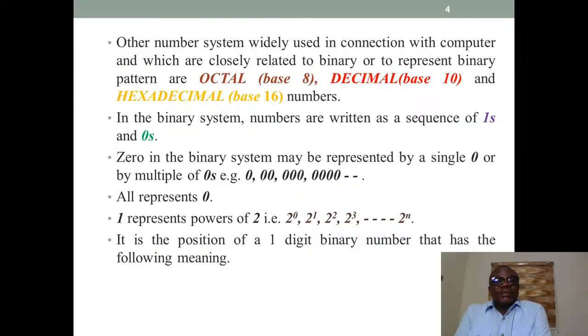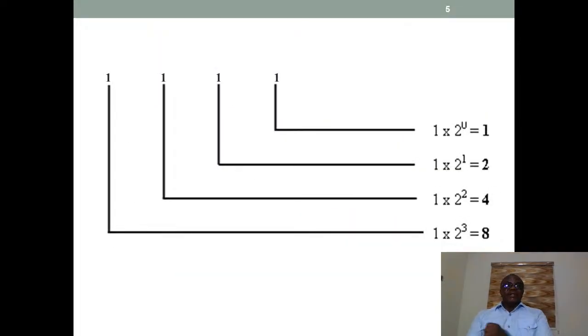1 in binary represents powers of 2. That is, 2 raised to power 0 is 1, 2 raised to power 1 is 2, and so on, until we get to 2 raised to power n. It is the position of a one-digit in a binary number that has the following meaning, as illustrated. For instance, if we have 1111,